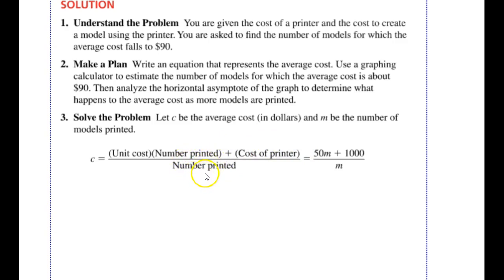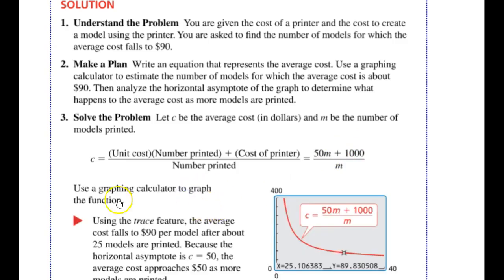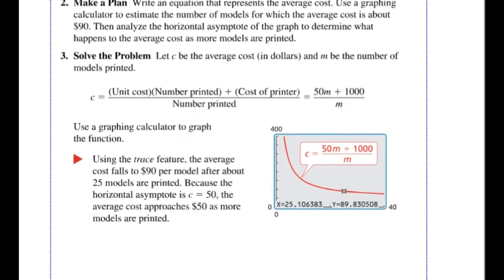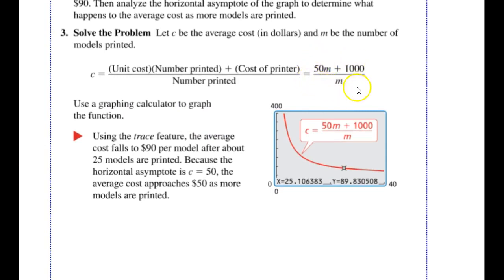Remember, finding the average, I add up everything that I have, so this would be the total, and divide by the number of things that I have. But here I'm just adding this 1,000 as my fixed cost of the printer. So now I go ahead and put that equation, my 50m plus 1,000 divided by m, into my